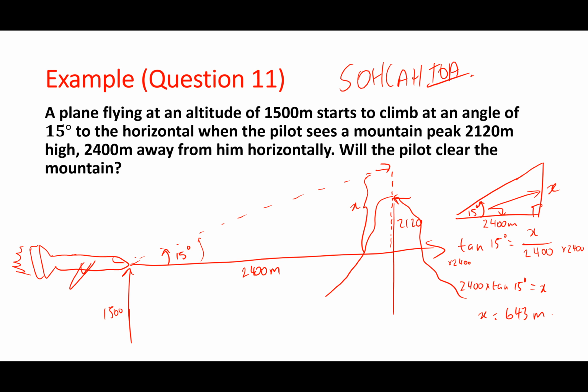Okay, so all we have to do is 1,500 plus 643. Adding these two together, we get 2,143. Is that bigger than 2,120? Yes, it is. So he will pass the mountain